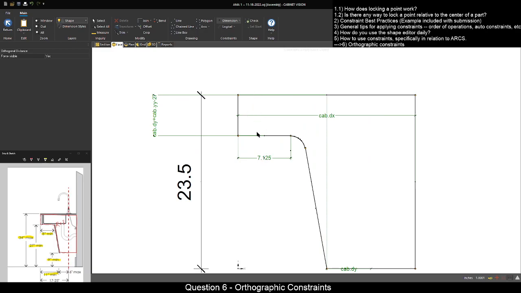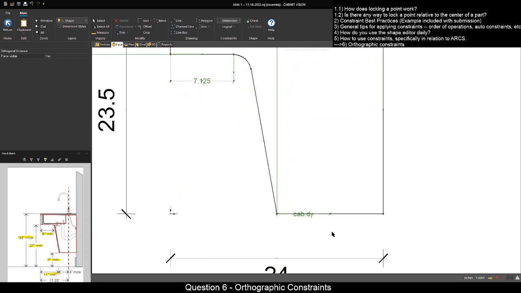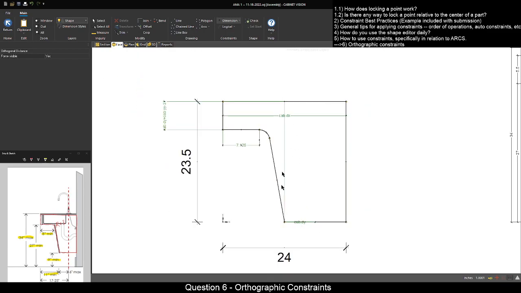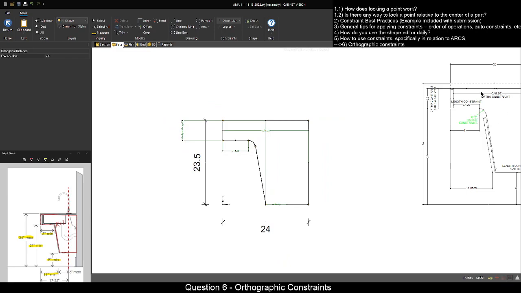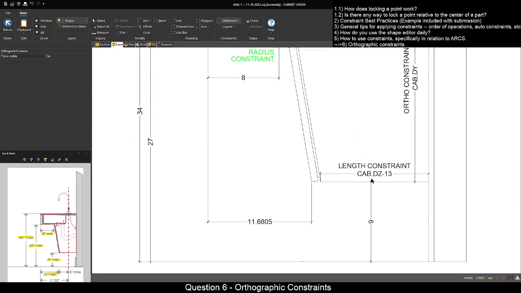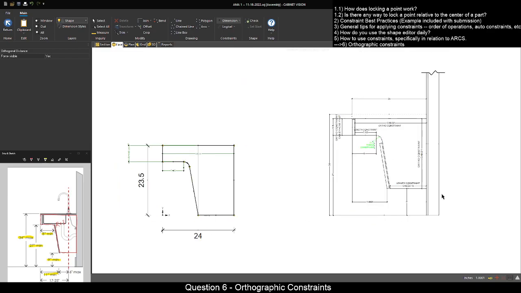So now that we have established a fixed ortho dimension to control the height of this, we've established a fixed length dimension to control our knee space. We've got a fixed height of the cabinet's dy value, a fixed width of the cabinet's dx, which again should be dz if we were at the end view of an assembly, which we are not. The only other thing that we should really be doing here is applying a length constraint to this bottom line. So we know that, and